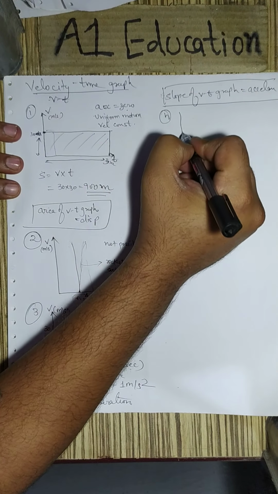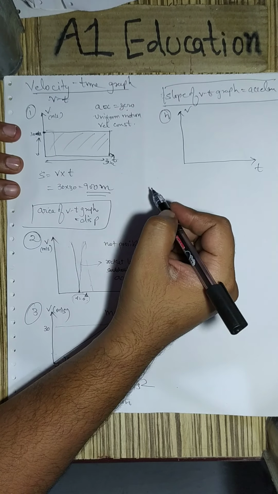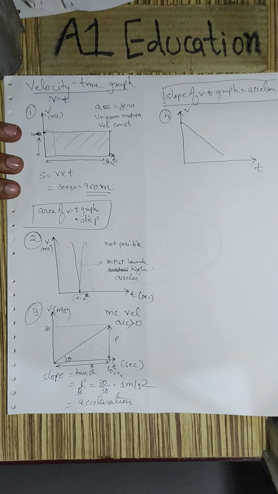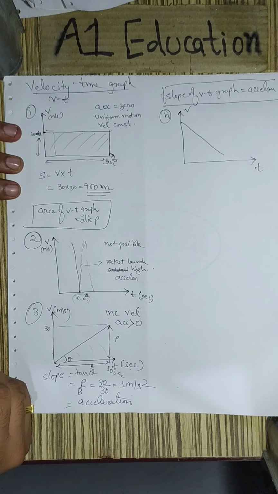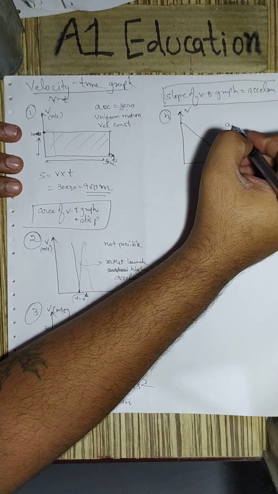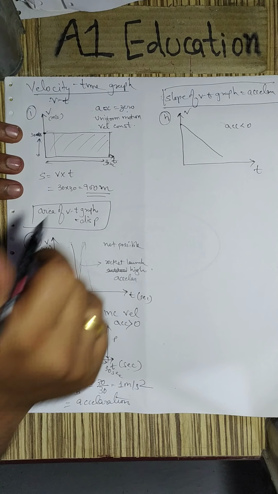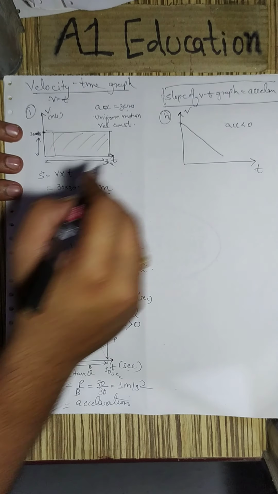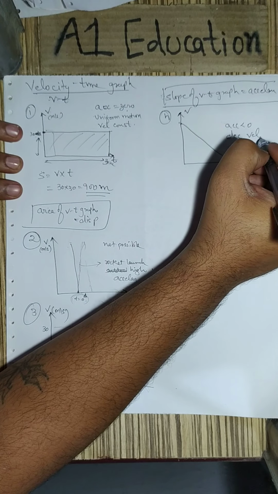Next, another type of standard graph that I would like to discuss under this category, velocity time graph. Let's say the graph is having a negative slope. Now again, in this negative slope, we can say that the body is having a negative acceleration. That means the body is braking, velocity is falling with the time, right? So also we can conclude that the body has a decreasing velocity.